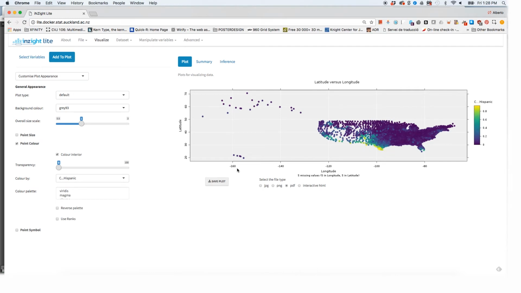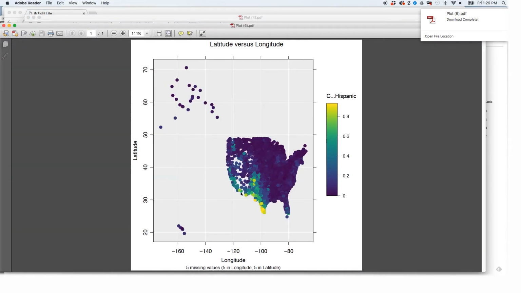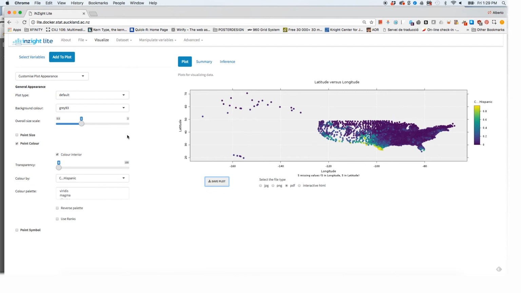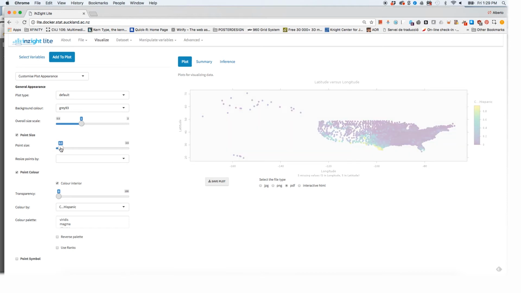If we save the plot again and open it up in PDF, we will notice that this gives us a very good overall idea of where Hispanics tend to live in the United States. Over in southern Texas and New Mexico, there's also a high concentration down here in Miami. If I zoom in, I will be able to see that. You will see that the dots overlap too much. They are a little bit too big and they hide each other. We can control the size of the dot by clicking on point size over here, and we can reduce the point size to 0.1 or 0.2 if we want all the points to show.